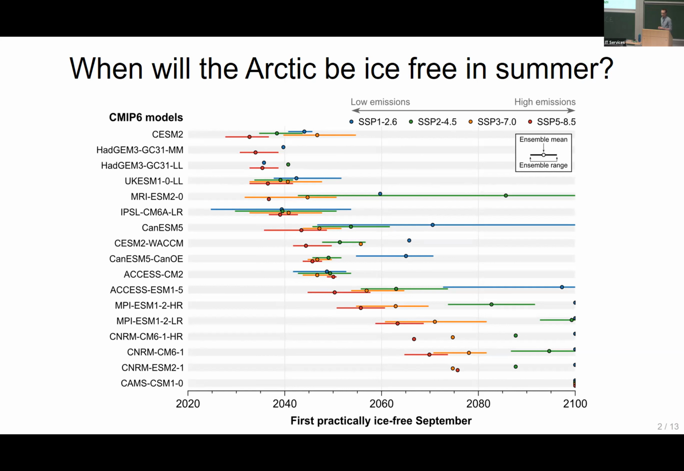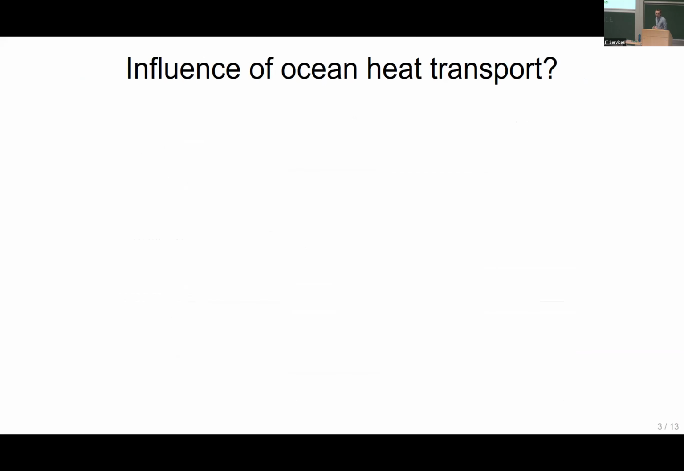It means that some researchers have used model selection criteria to try and narrow down these estimates. This kind of spread implies substantial differences in the mean states and rates of change of sea ice cover in the Arctic. So we would like to be able to understand what the drivers of this are. As alluded to by the title of my talk,